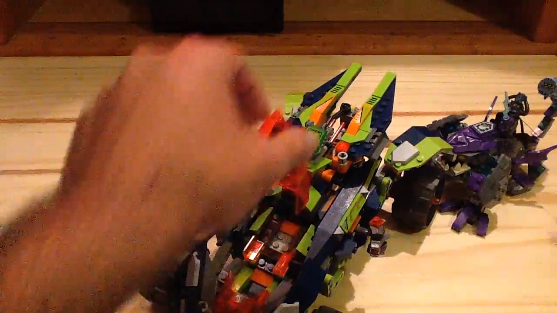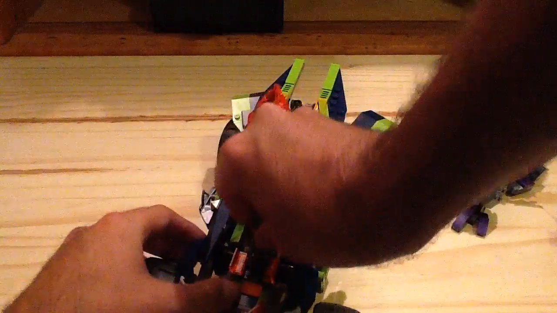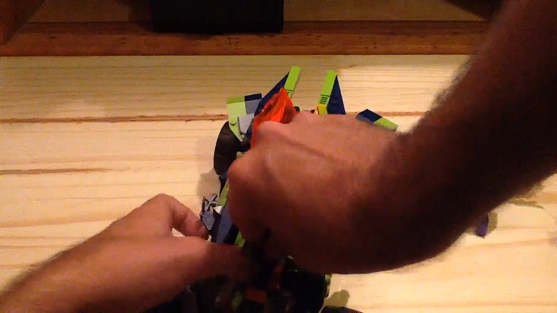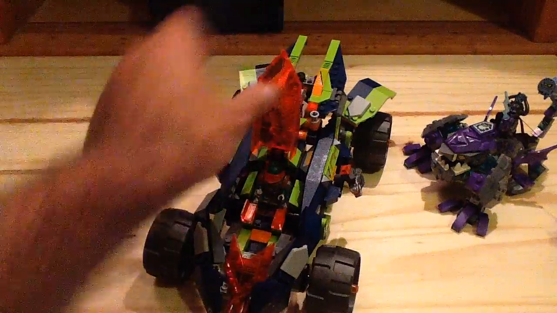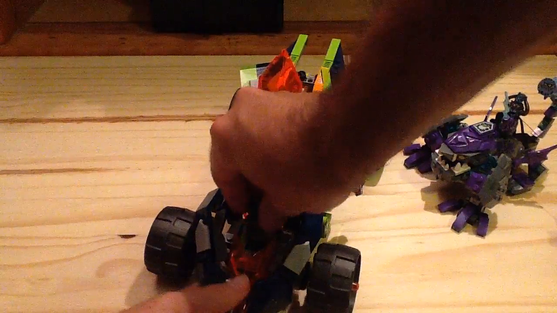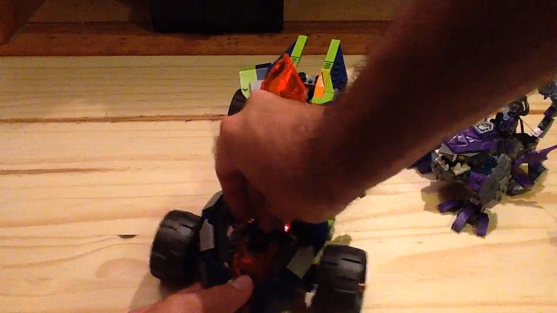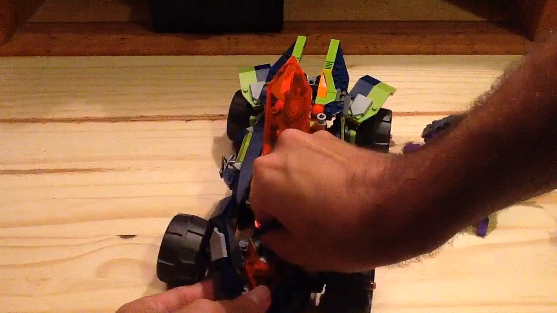And over here we have the cockpit area, which you can see we have some seating for Aaron with some stickers and some printed pieces there as well. So Aaron just sits in there nice and snug, and just put Aaron right in there. We also have a sticker too as well on the Bane windshield, and of course Aaron's Squire Bot goes right in here. And what you can actually do, there's actually another play function with this set, and it's a pretty